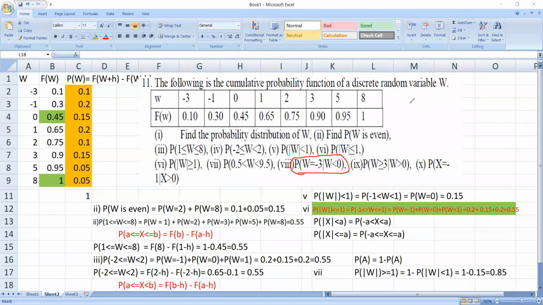So if you remember the conditional probability formula, p of a given b is p of a intersection b divided by p of b. Here we are talking about the random variable and the value taken by the random variable, so I can apply the same formula. So I could say p of w is equal to -3 intersection w less than 0 divided by p of w less than 0. Now what is the intersection for w equal to